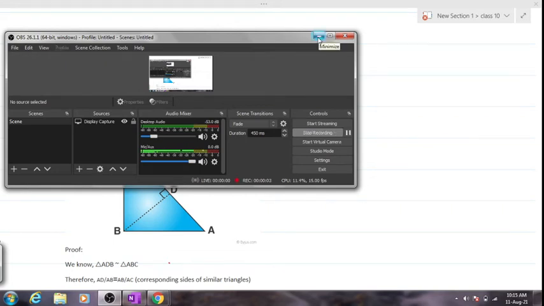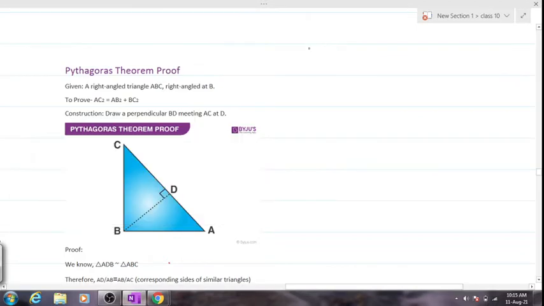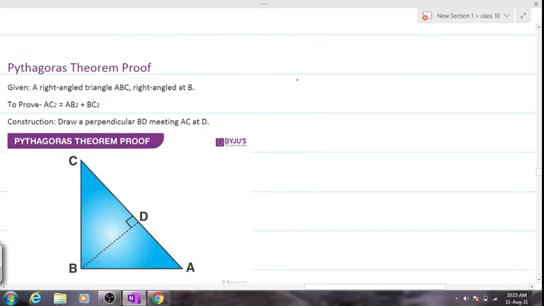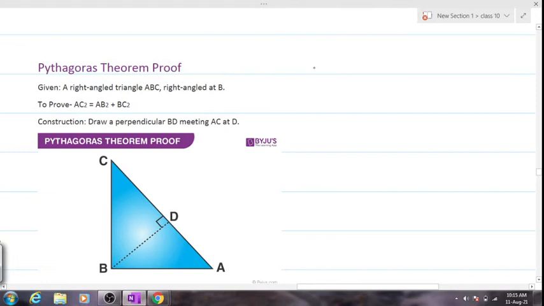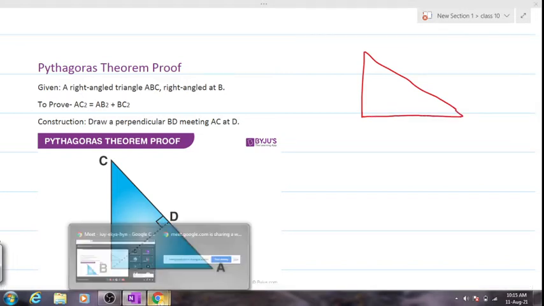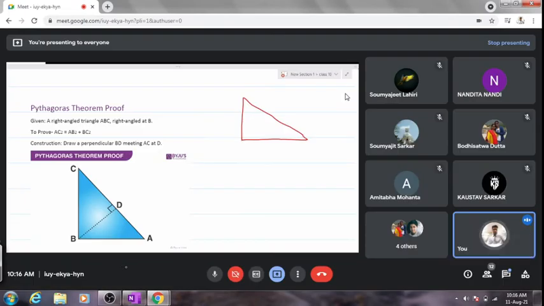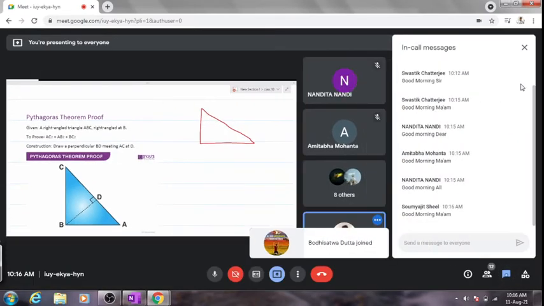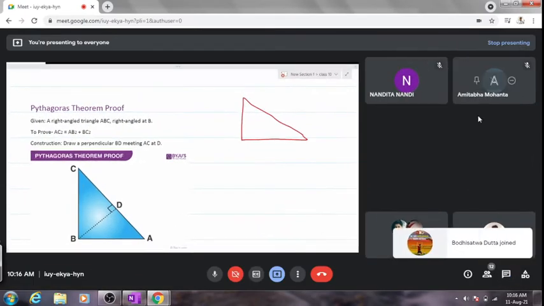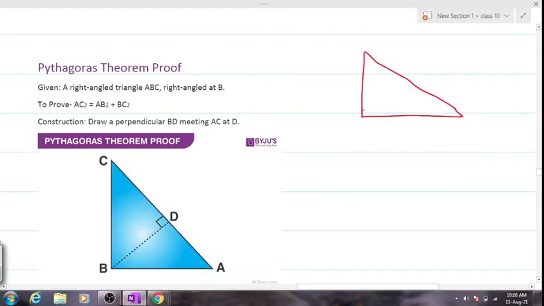So yesterday we had started off with Pythagoras theorem, right? Today we'll be doing Pythagoras theorem's proof. So can anybody tell me what was Pythagoras theorem? Yesterday we had done a bit of introduction regarding Pythagoras theorem. What kind of triangle is it applied? Yes. What kind of triangle is it applied? Pythagoras theorem? Right angle, exactly. Right angle A, B, C.